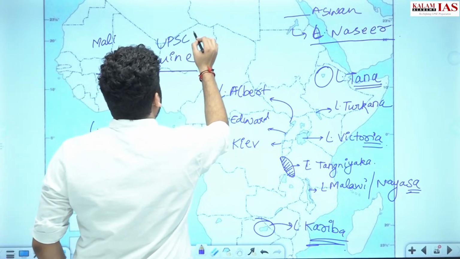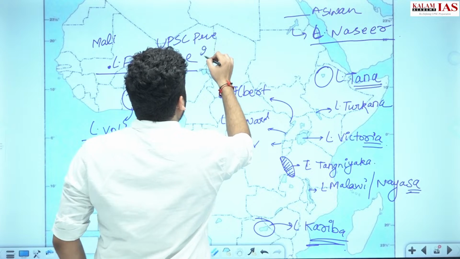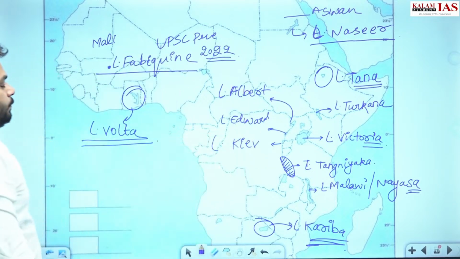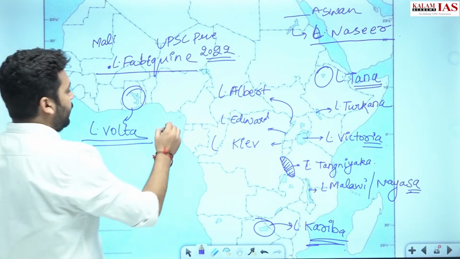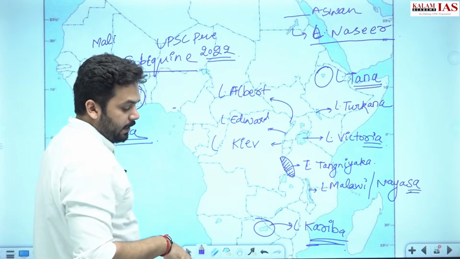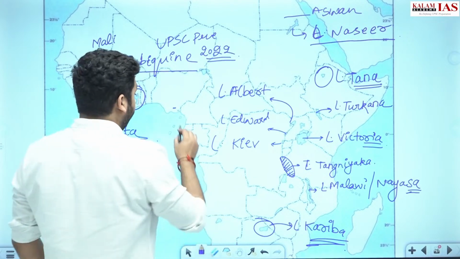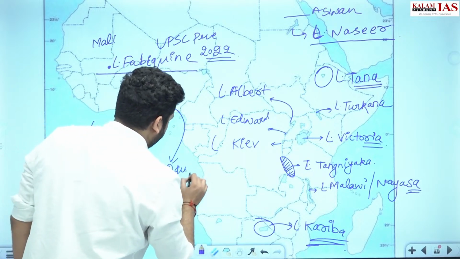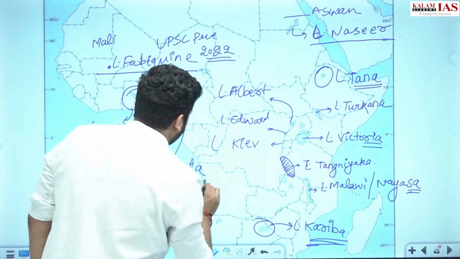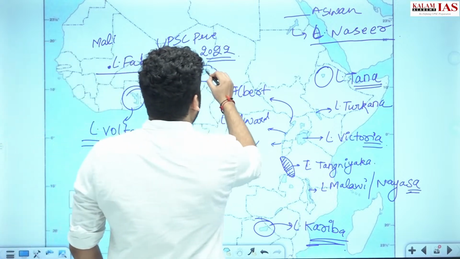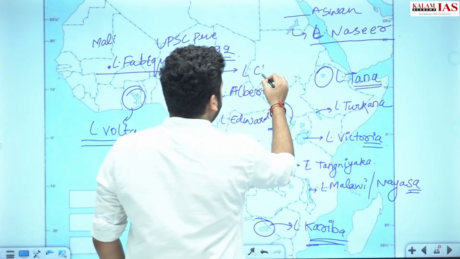UPSC Pre 2022. Then in Nigeria, on the nearby delta region of Niger River, we have Lake Oguta. Okay, then we have Lake Chad,